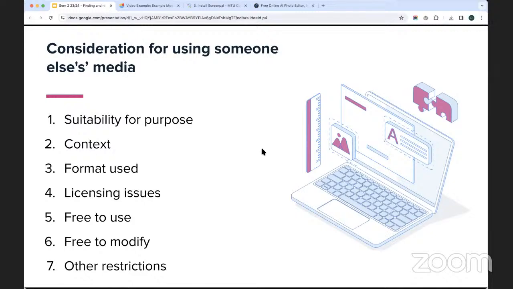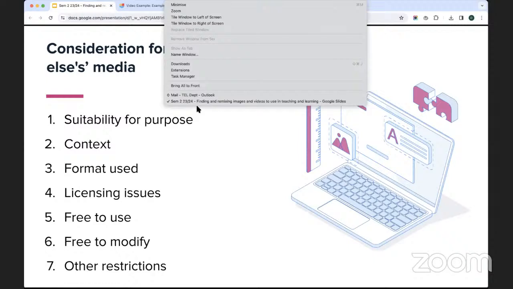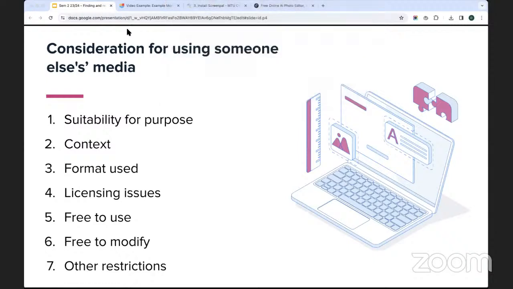It's going to use up their energy and resources, which means they have less time and attention to follow the teaching plan and the content which I've put together. So suitability for purpose is an obvious one, but you'd be surprised how often it is ignored or not properly factored in when using other teaching material, in particular things like open education resources.